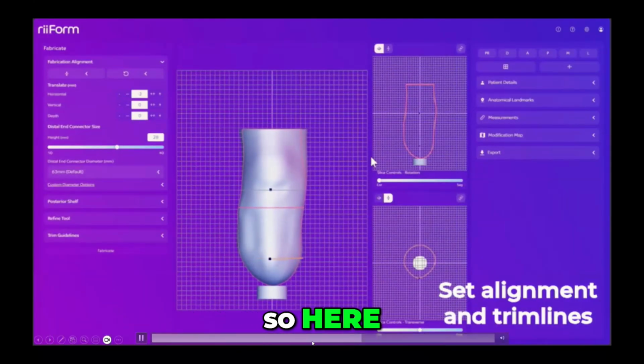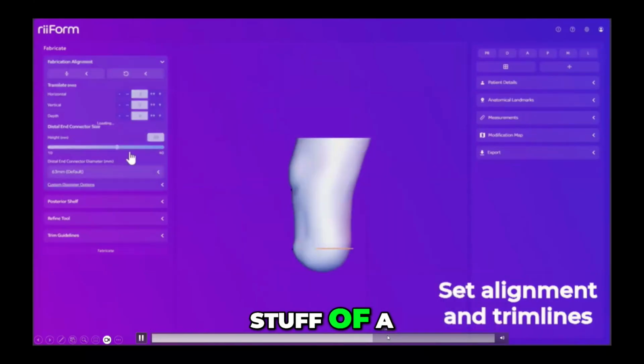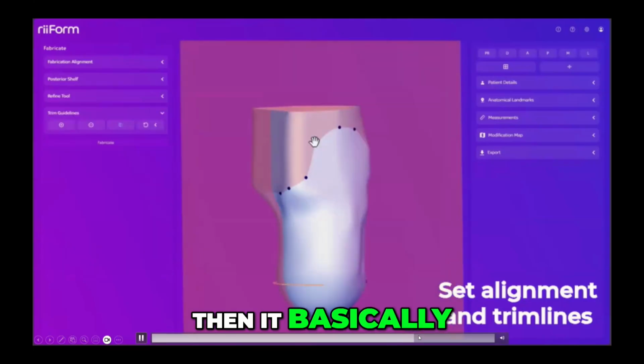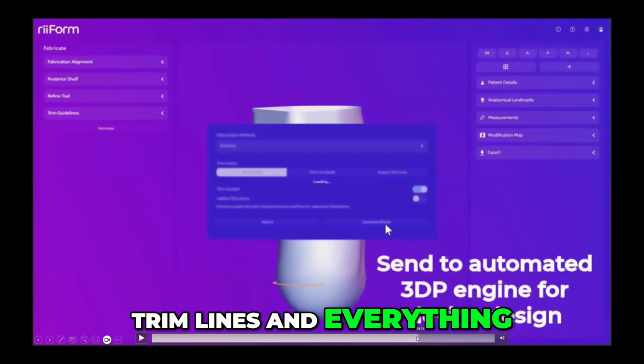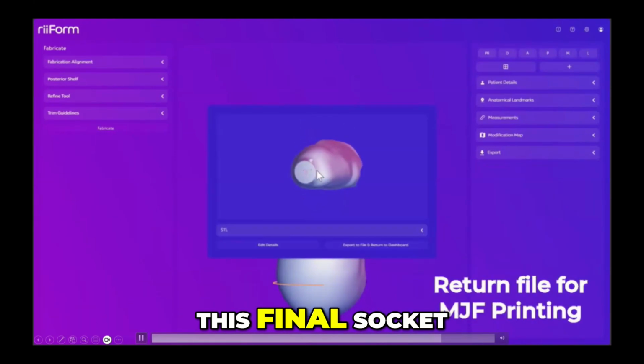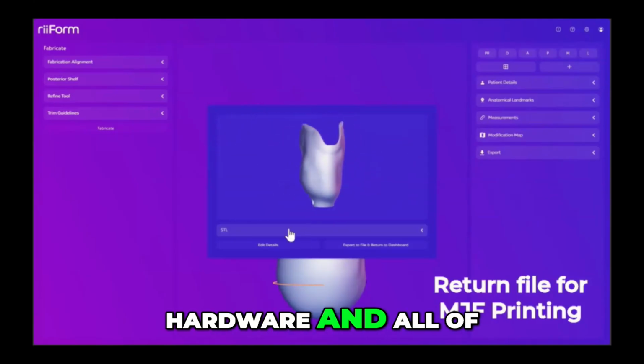So here all of those rectifications are happening, all the important stuff of a good socket fit, and then once you have the trim lines and everything, it's just send it for processing, and out the other end, you get this final socket. This is a very simple 3D printed socket, but it has all of the hardware and all of the considerations